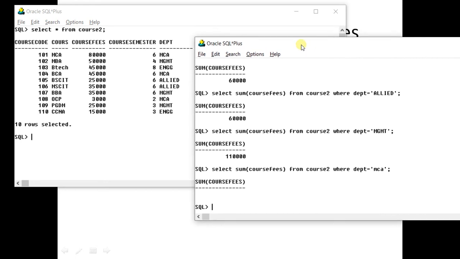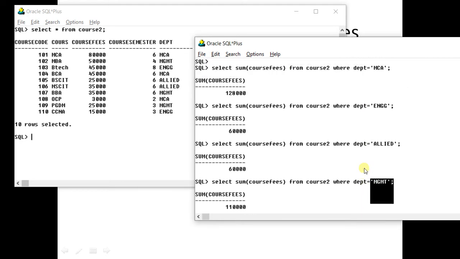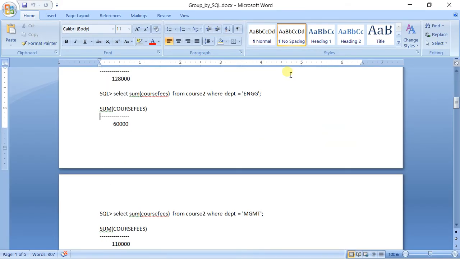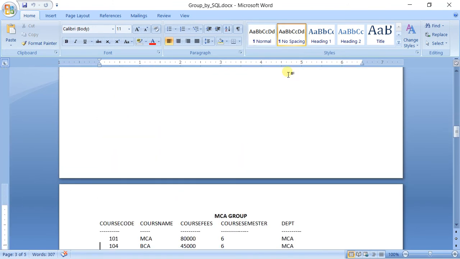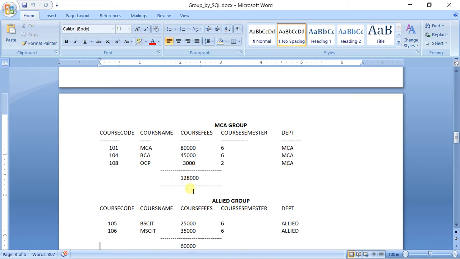So what we want is that instead of writing these 4 different queries, Oracle should automatically create groups of these departments in RAM and then perform an individual sum on these groups. Something like this should happen: a group of MCA should be formed in which all the courses of MCA, total fees 1,28,000.